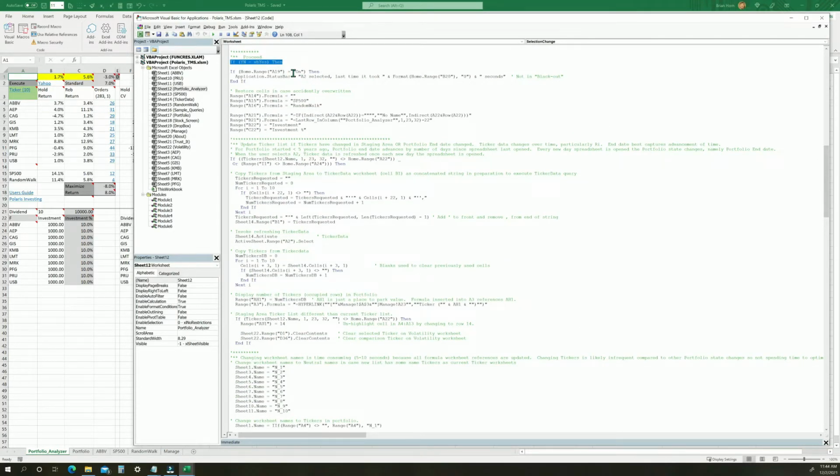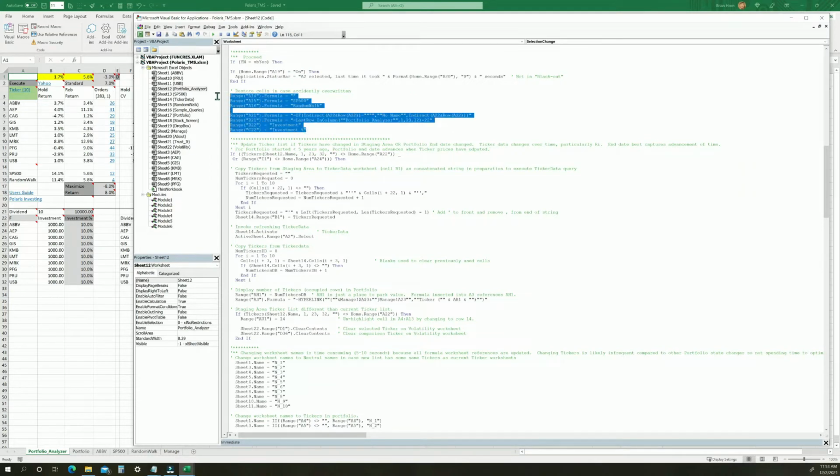if this code was initiated by the user just by clicking cell A2, or if it was initiated through the max return subroutine. If it was initiated by the user, then this blackout fuse will be on, and so a status will be displayed in the status bar, indicating how long it's likely going to take to run through the remaining part of this subroutine. Next, a little housekeeping is done here, where cells that users have a tendency to accidentally overwrite are